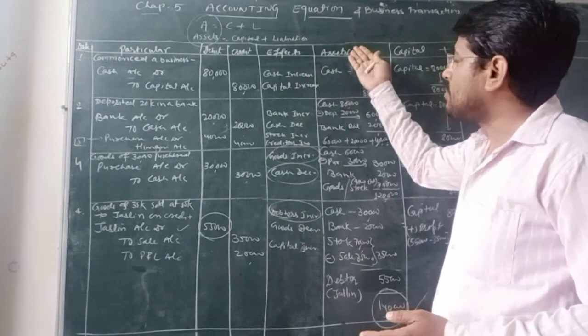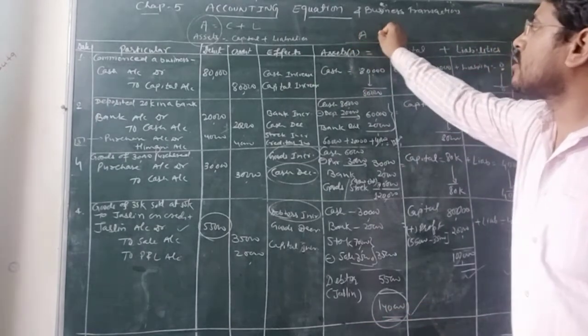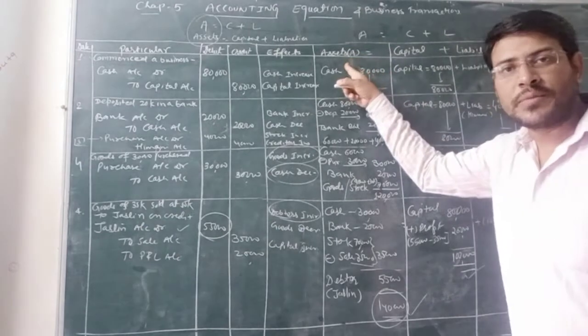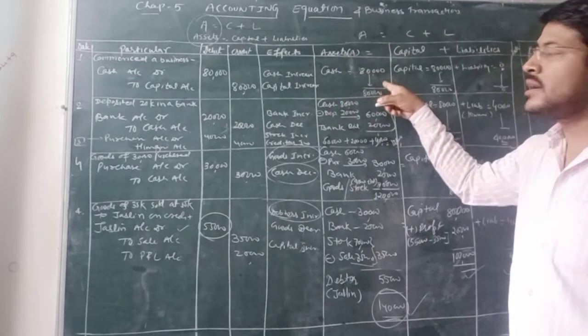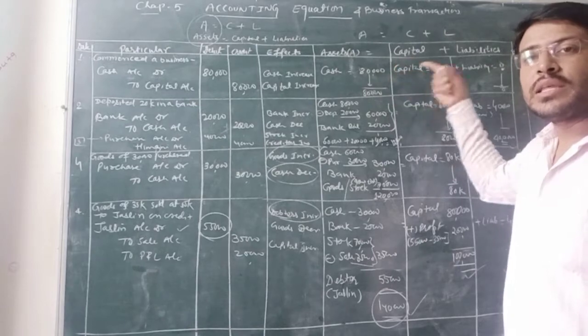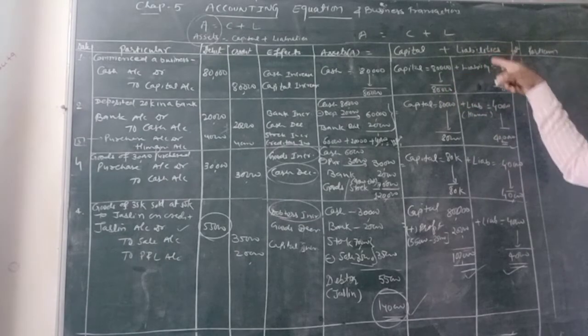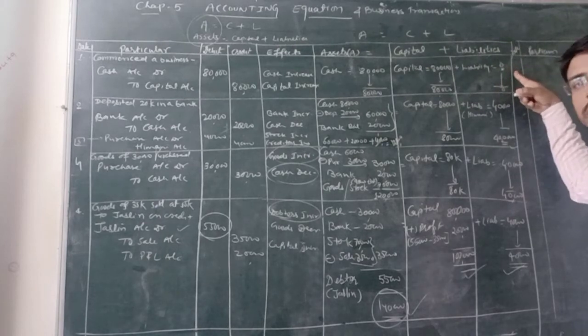So आप सामने A = C + L के कॉन्सेप्ट को ध्यान में रख के चलें तो कैश जो है वो हमारी एसेट है, तो एसेट्स में इंक्रीज हो रहा है कितना 80,000 का. सिमिलरली ऑन द अदर हैंड आपकी कैपिटल में भी 80,000 रुपीज का इंक्रीज हो रहा है, पर लायबिलिटी में कोई इंक्रीज नहीं है, सो विल शो ओवर हियर 0.